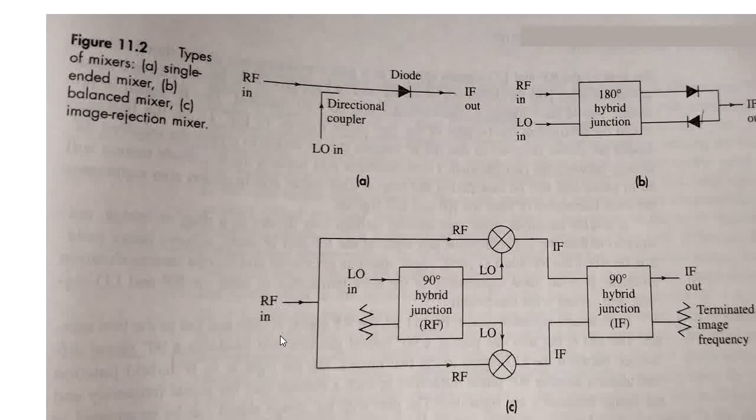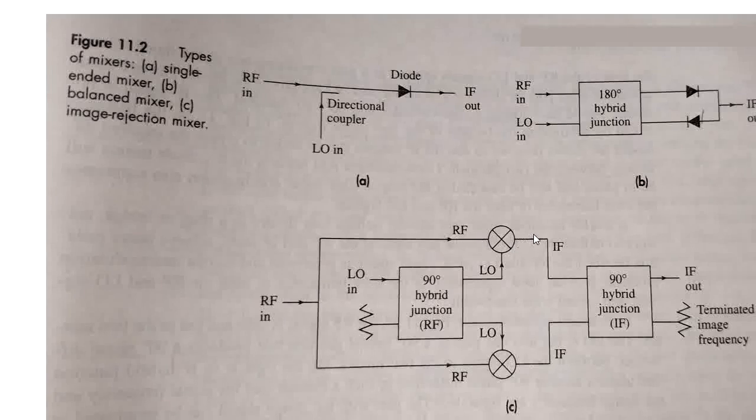And next is the operation of the image rejection mixer. In the image rejection mixer, again we are using a junction, which is again a Magic T or 3 dB coupler. Here two ports are used, one for the input local oscillator signal, and the other one is a matched load. The local oscillator signal produces a phase shift of 90 degrees that we are going to apply to two individual mixers here. And the RF input signal is split up to the individual mixers here.